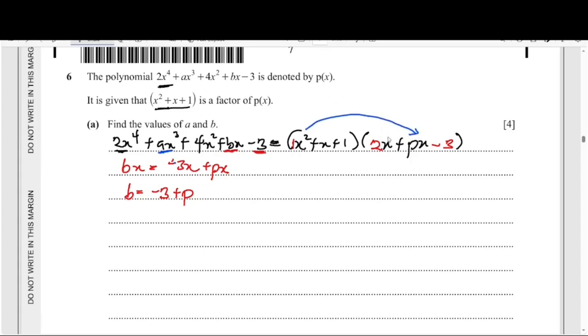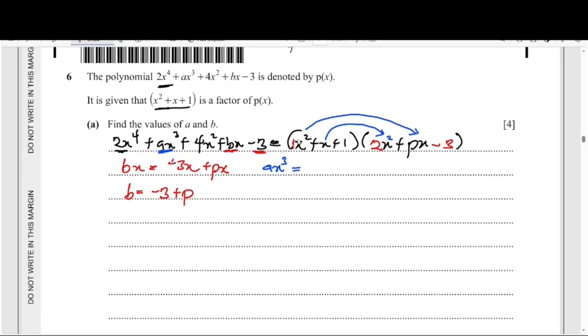I think there was a square written over here. Yeah, that's so the x squared term times the px will give us an x cubed. Then we also need the x term here to multiply the 2x squared here, and we get an x cubed. Those are the only two possibilities to produce an x cubed term. That means that ax cubed at the left hand side